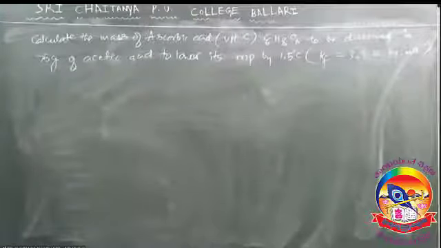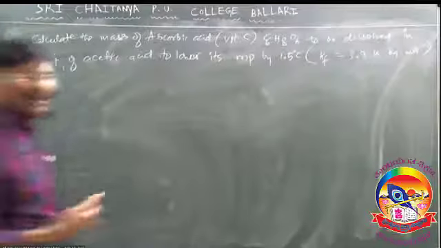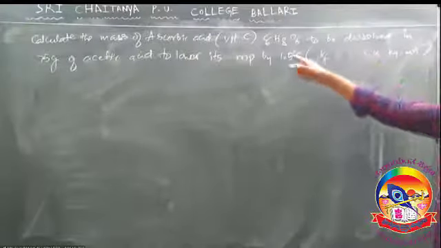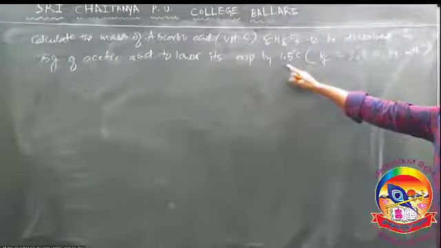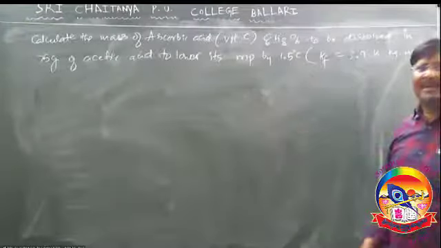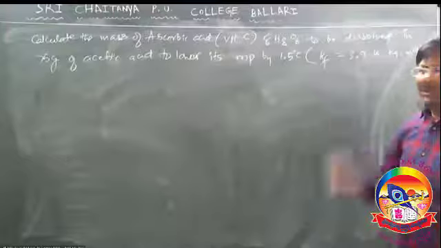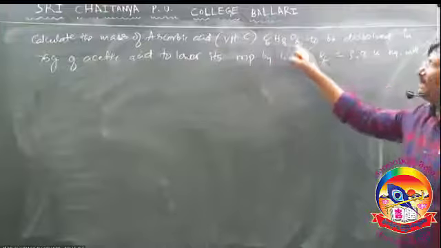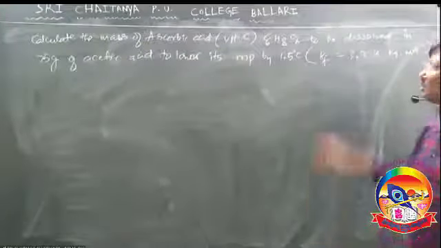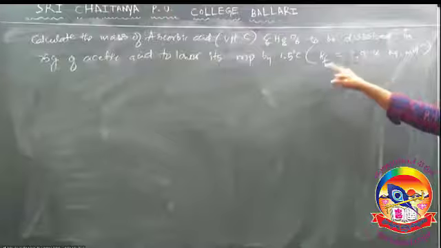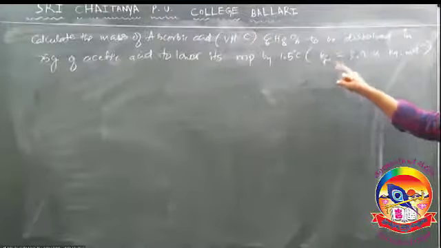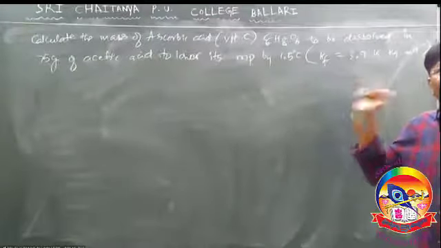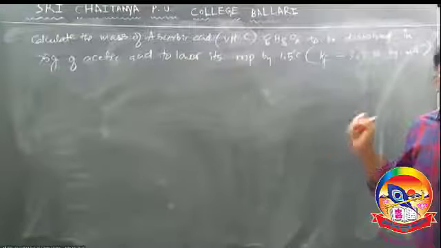So this is also direct. Same weight only you have to calculate. The only one thing, delta Tf is given. Delta Tf is 1.5. Then the molecular weight formula is given, you can calculate. Kf of acetic acid is given because that is the solvent here. This is a direct problem. Please remember, direct problem.